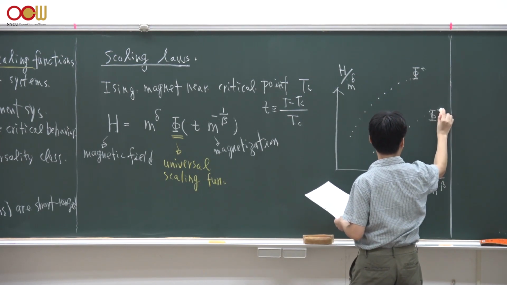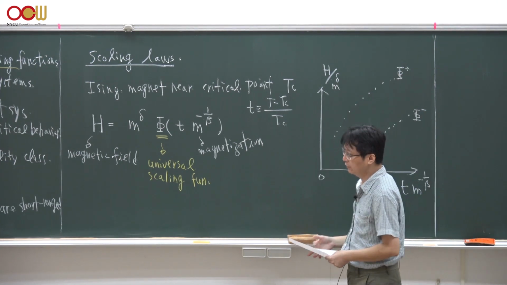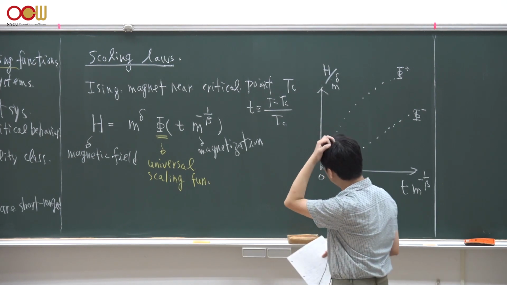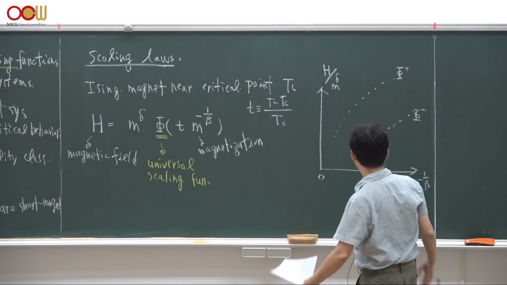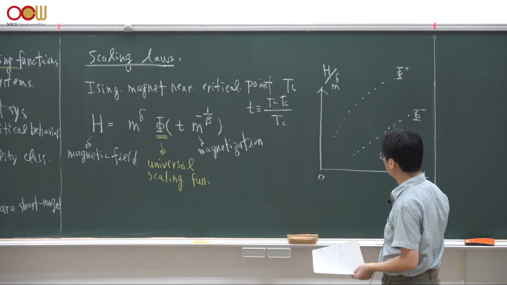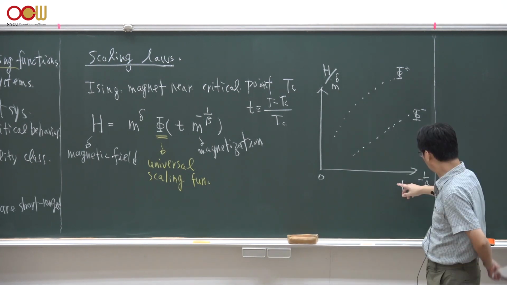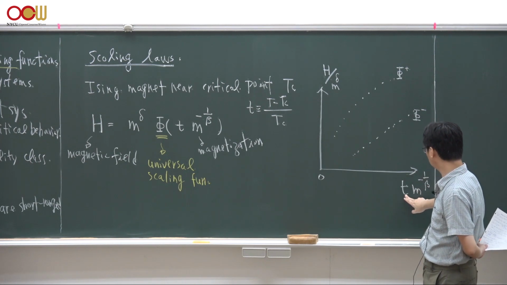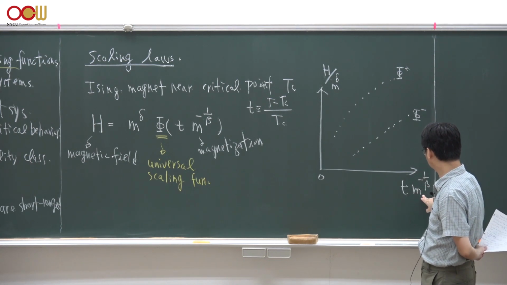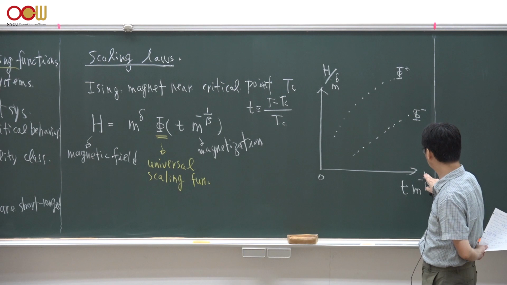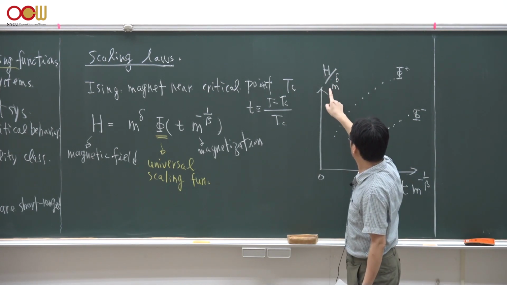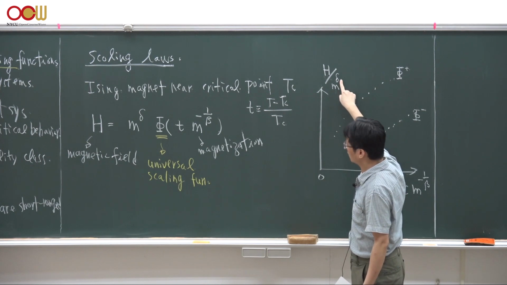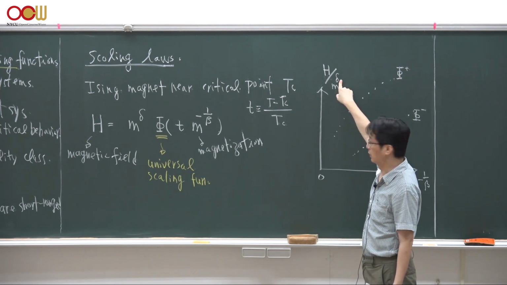As we'll discuss later, if you plot your data near the phase transition in this fashion, the horizontal axis is the reduced temperature multiplied by the magnetization to the power of minus 1 over beta. The vertical axis describes the field divided by the magnetization to the power of another exponent, delta,